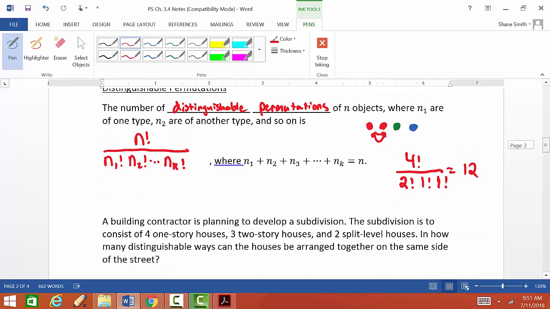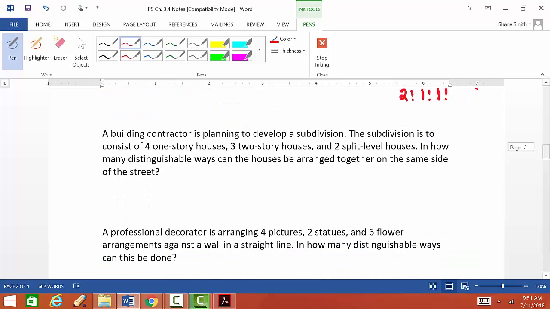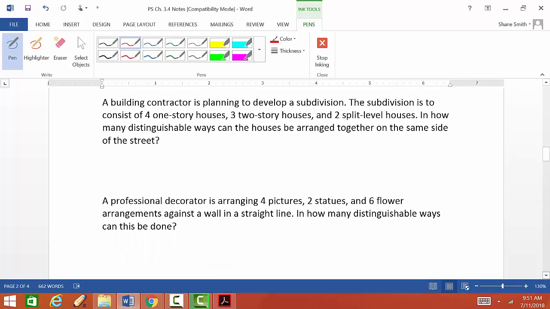So once again, try to use this concept for the remaining problems on this page, and then I'll go over them. So the first one is a building contractor is planning to build a subdivision. We have 4 one-story houses, 3 two-story houses, and 2 split-level houses. So that's 9 houses total. There's 4 one-story, 3 two-story, 2 split-level,